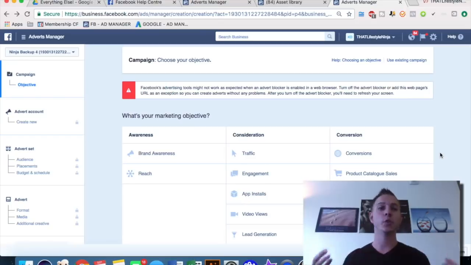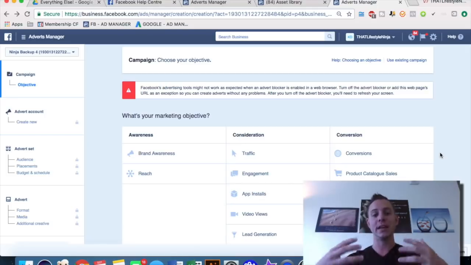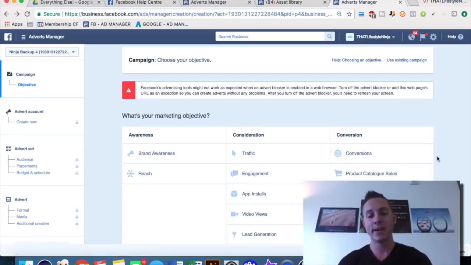Let's use all of the troves of data that we have on everyone else to match up all of those data points to bring you an audience that is most likely to also purchase your product, right? So it's incredibly important. Conversion campaign is definitely the most advanced, but also probably the most important. As you build more and more pixel data on more and more people who come into your ecosystem, conversion campaigns become more and more profitable,